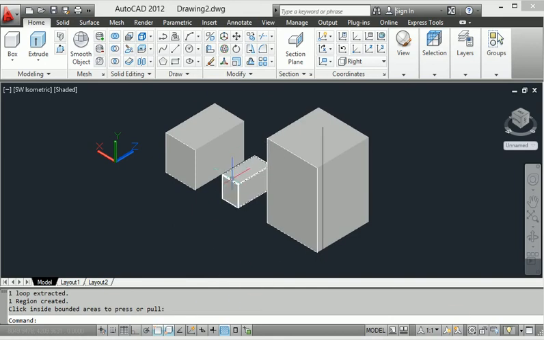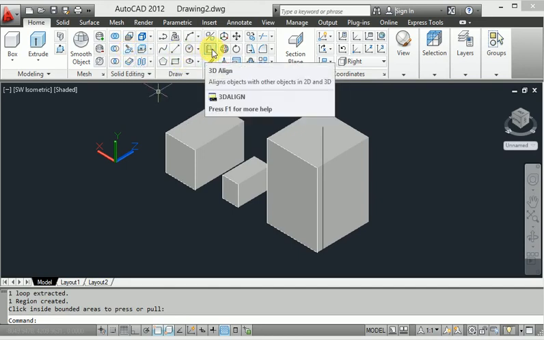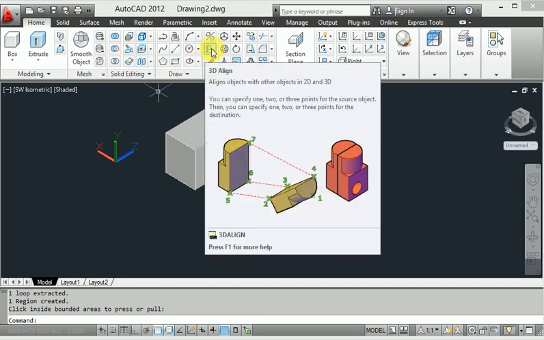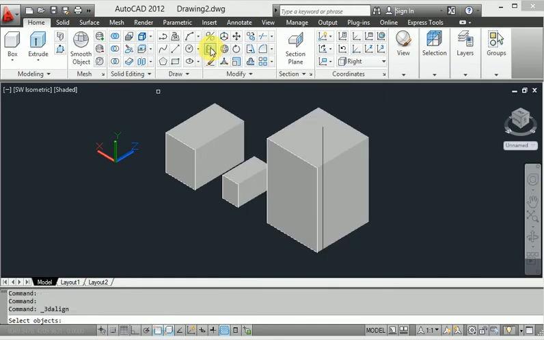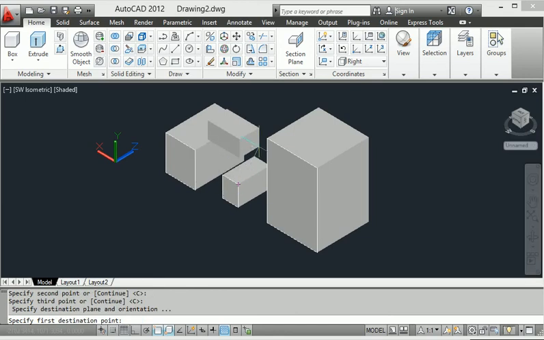Then how to align. I select this component and use the Align command. When I enter the Align command, I click, right click, and select this point, also this point, and again this point.